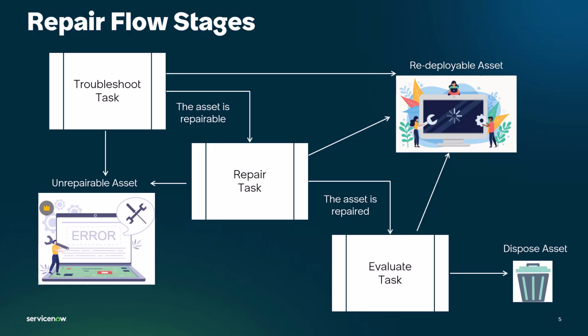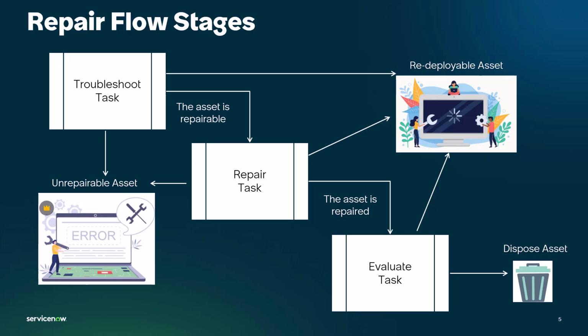They're either going to determine that this asset is unrepairable, or maybe it's going to be redeployable. So if it's redeployable, maybe they get it in, they fire it up, don't find anything wrong. Okay, we can go ahead and redeploy it. If it's unrepairable, maybe somebody drove over it with their car or dropped it out of a window and it's just completely damaged beyond repair. So they're going to mark it as unrepairable. And for each one of those, it's going to move the asset into the appropriate substate